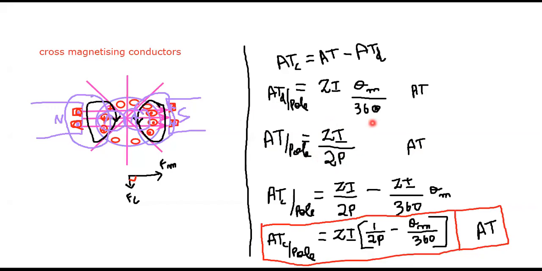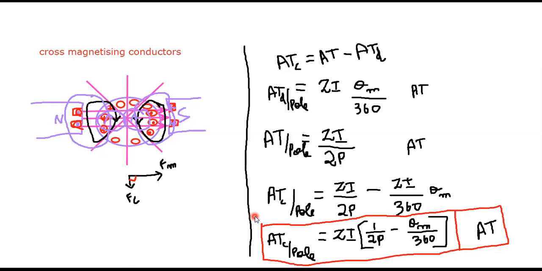So what happens? I just separate these two. So I can get the output as the ampere turns for the cross magnetization effect, right? So this is the formula for the ampere turns for the cross magnetization effect per pole, right? Whatever we are dealing with is per pole, because we are assuming a conductor for 2 poles. We are assuming a 2 pole machine, not a universal pole machine.